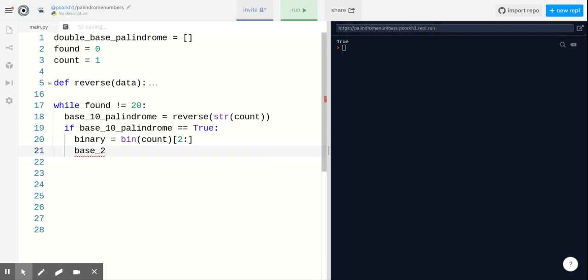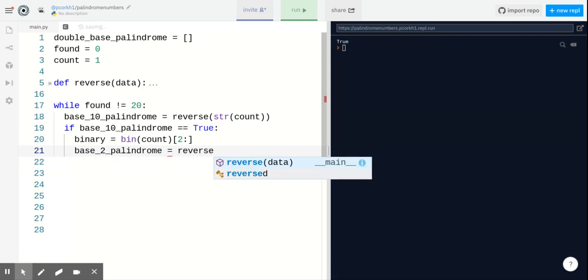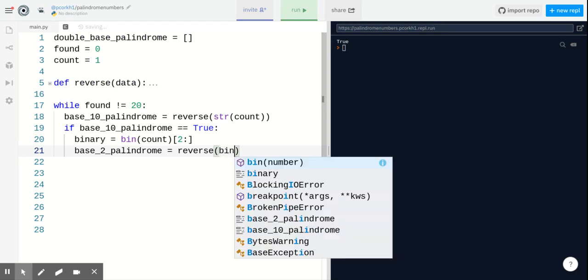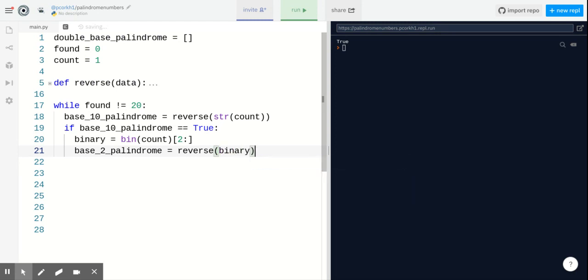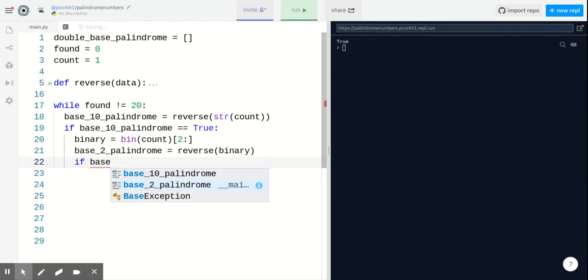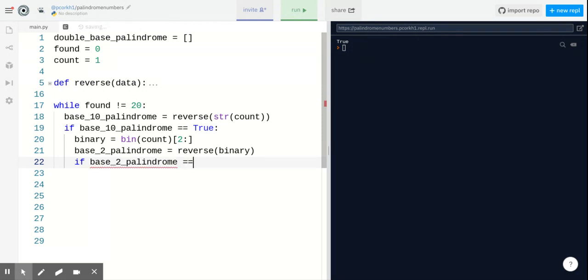So let's just do another thing, base 2 palindrome this time, equals reverse, and we've got to give it, we can just give it binary, because binary is a string already. We know that was a string before, so we'll just give it binary, and same thing there. So if that is true, so if base 2 palindrome is true,